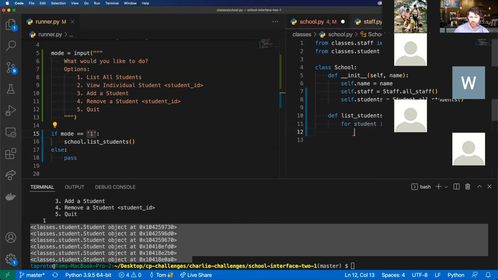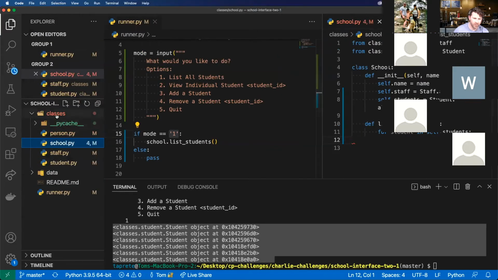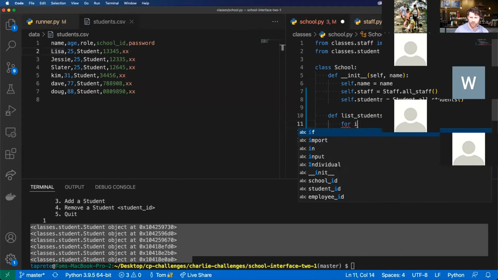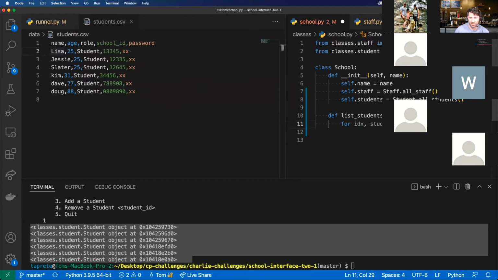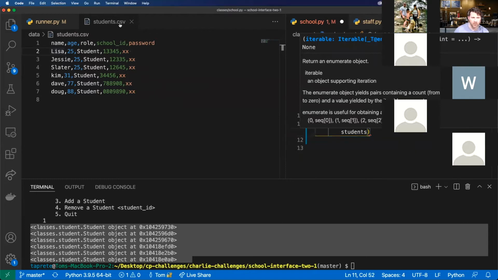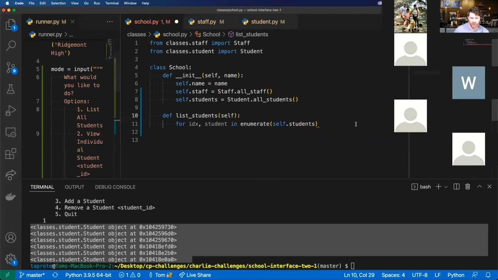So how can I grab the index? Let's actually open up the data of the students. It doesn't look like I have an ID, like an index, I would say. So like index 1 or ID 0, 1, 2, 3, 4. So I can use enumerate. So for idx, student in enumerate, and pass in self.students. Let's expand that a little bit. I can print,